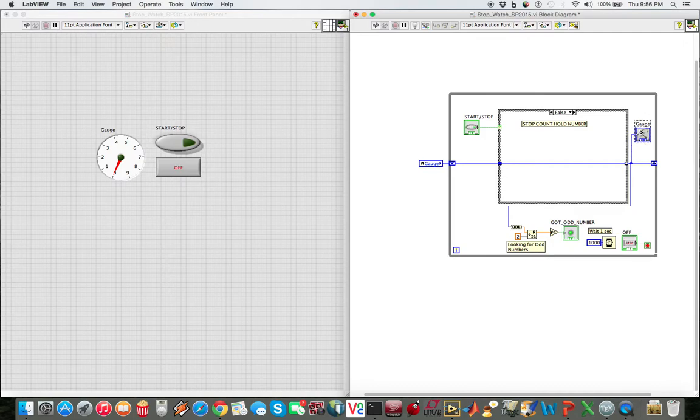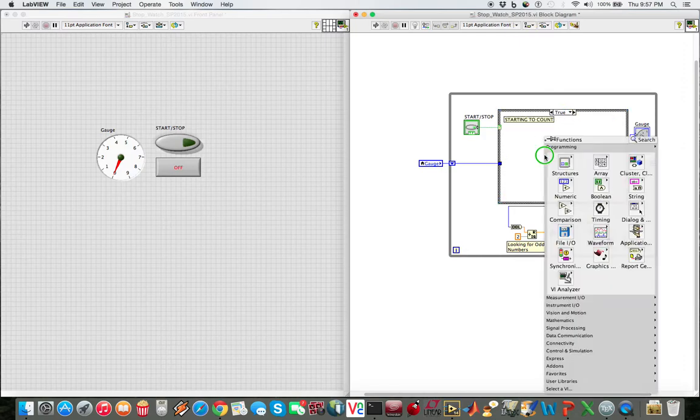So basically what I'm doing is initially I'm passing the gauge value into the loop, and then depending on the state of things, I'm either going to increment it or just continue to pass that value through. So now we need to go to the true case, and we need to add another